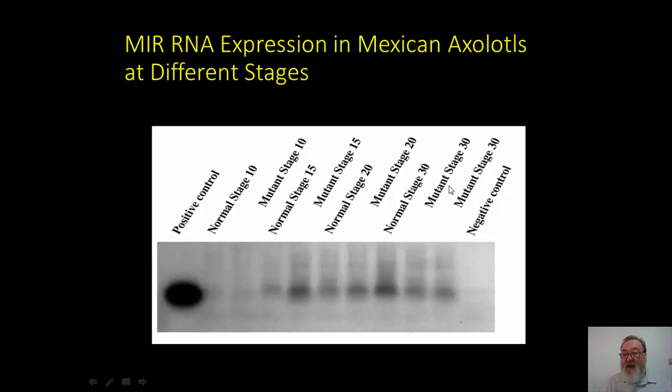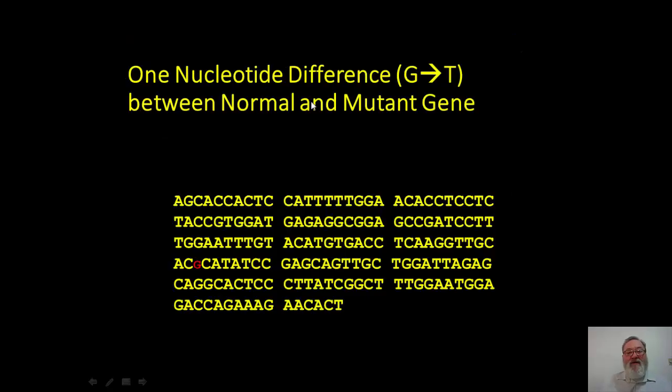And that continued up through stage 30, and once you get up to stage 34, 35, which is when you can tell the normal and mutant siblings apart, basically the staining had stopped. So what we did then is we cloned the mutant gene as well, and we found this mutant sequence, and we found that there was a single point mutation, a G to T point mutation between the normal and mutant gene, and that was the only difference that we observed in the segment of RNA that we were using in